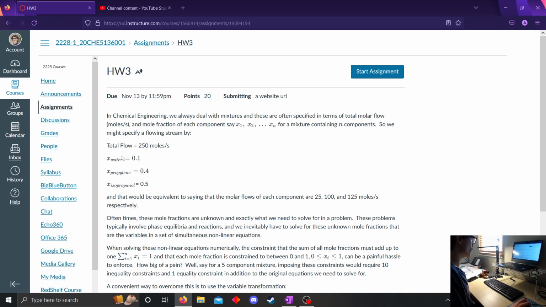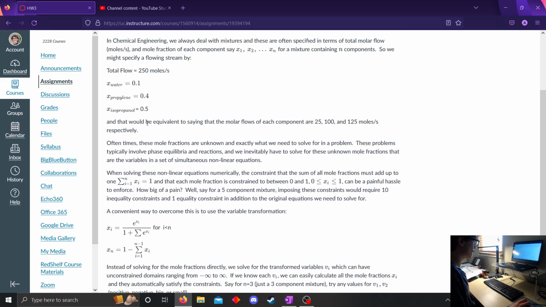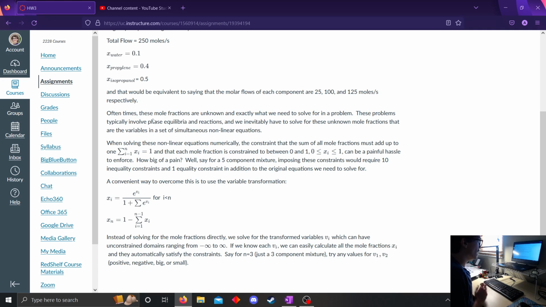So in this problem, we are given the mole fraction of some components here. So in this case, water, propylene, and isopropanol. So these are going to be x1, x2, x3, and this is just going to be a mixture of 3 components. And what we want to look at here is that instead of putting these in terms of the molar flow,